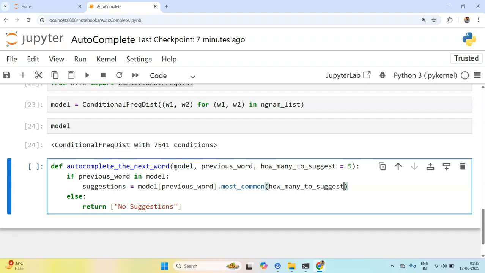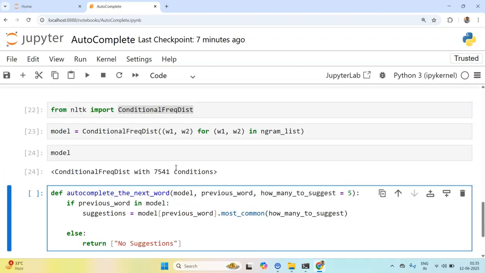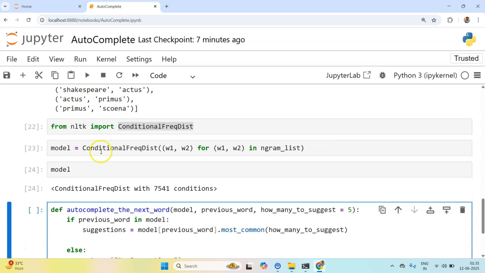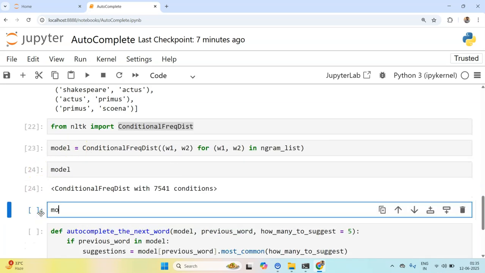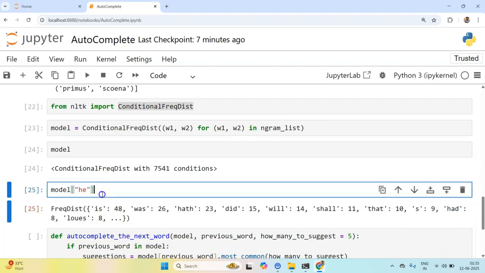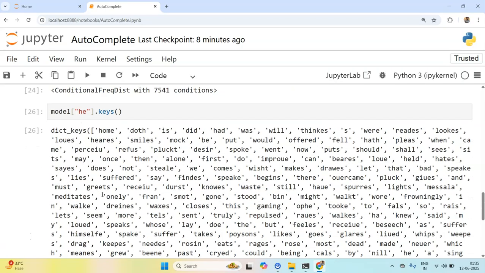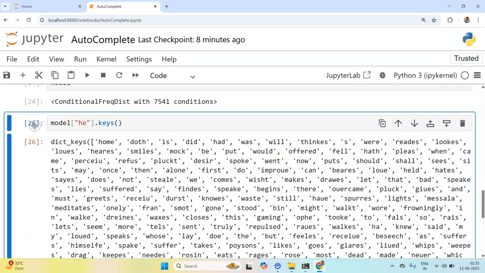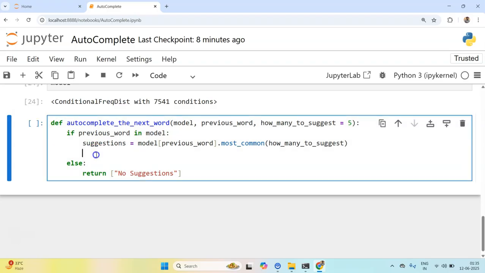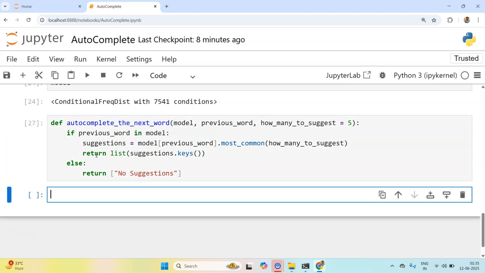Okay, once we have the suggestions, let's try it out first to make sure that we understand what we have here. So we have a frequency distribution here, and how can I get keys? Am I allowed to get keys? I think yes. So I can return list of suggestions dot keys. Okay, I think it works, right?